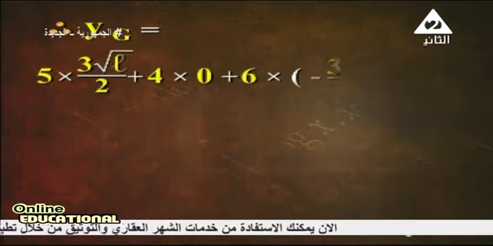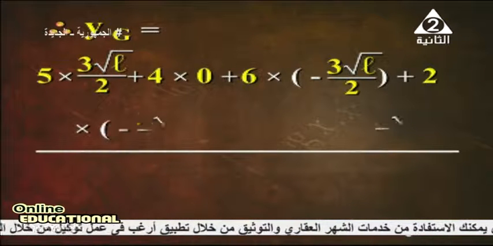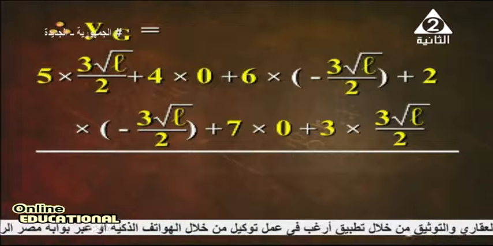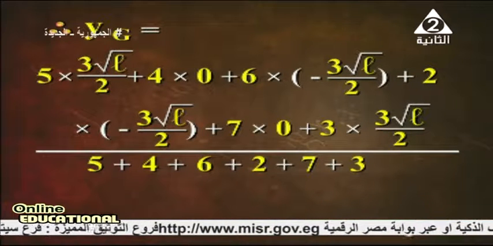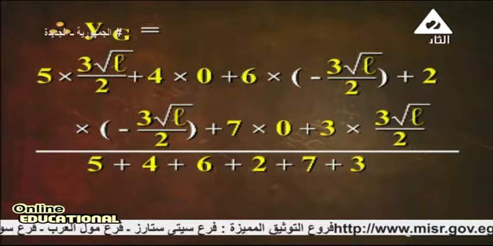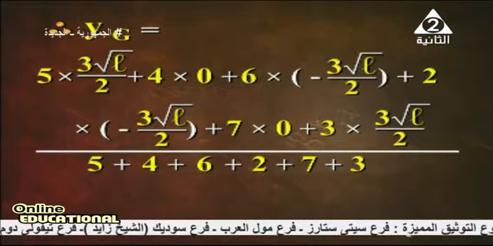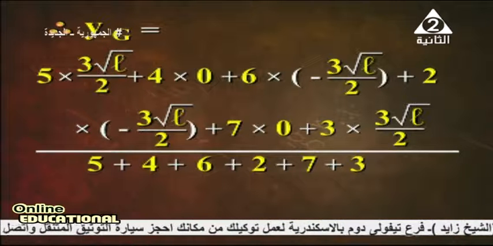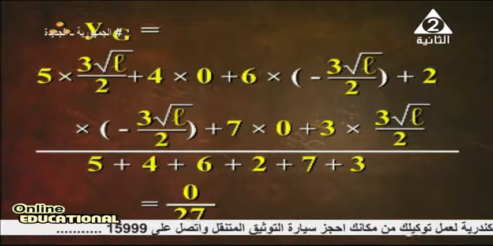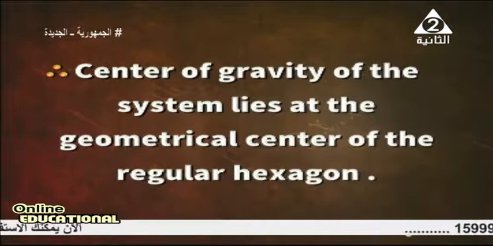By the same method, to calculate YG, M1 Y1 plus M2 Y2 plus M3 Y3 up to M6 Y6 over M1 plus M2 plus M3 plus M4 plus M5 plus M6. The answer is 0. Then we deduce the center of gravity of the system lies at the geometrical center of the regular